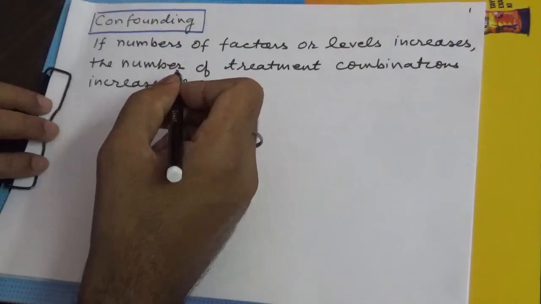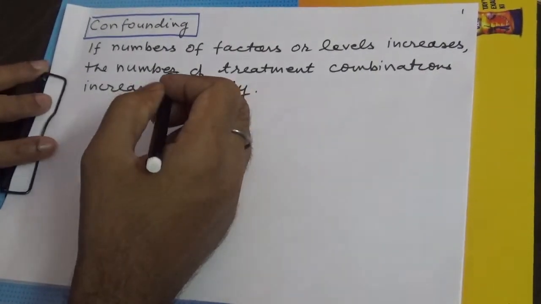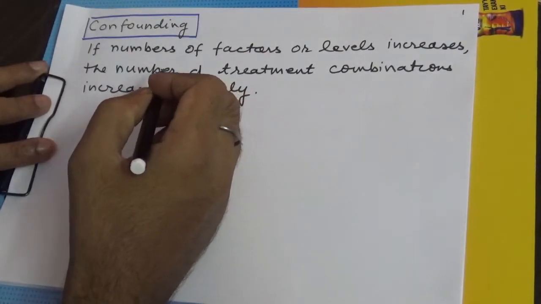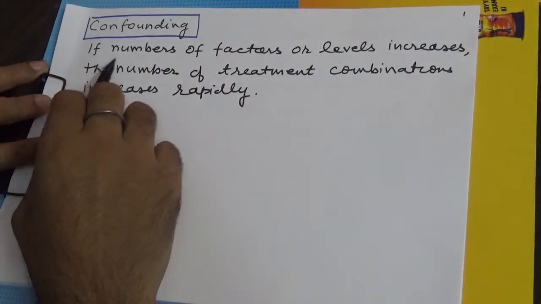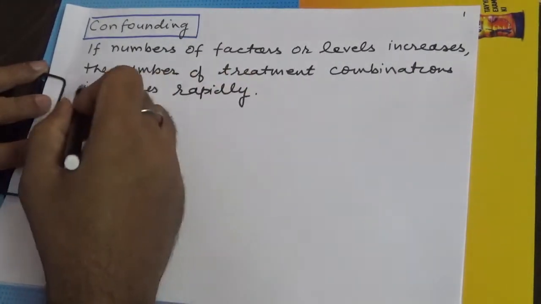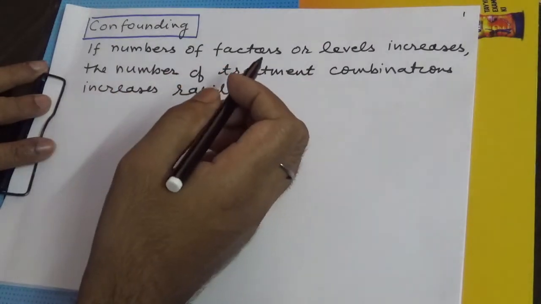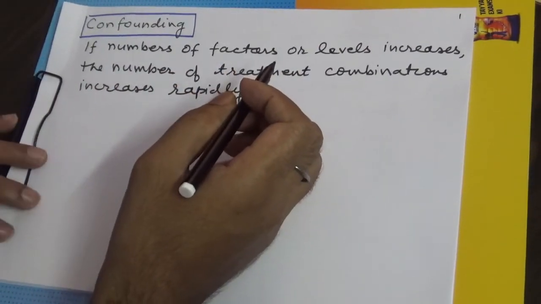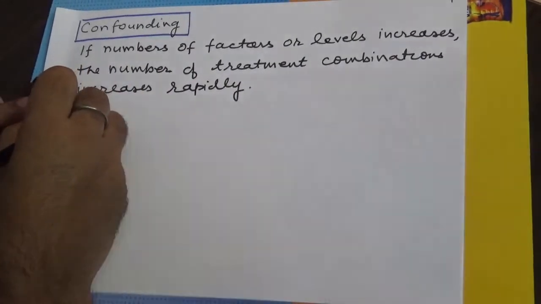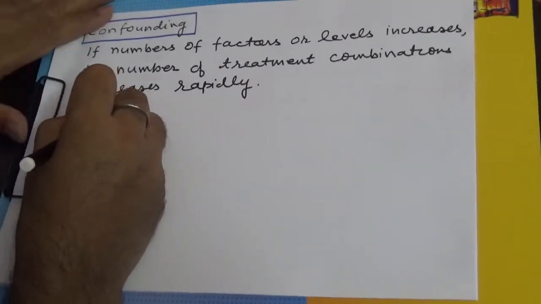So now first let me try to explain to you how things happen. Let us try to concentrate on these sheets. Right. So what is confounding? In case the number of factors or levels increases, the number of treatment combinations increases rapidly. So for example, if I try to take a 2 square factorial experiment,